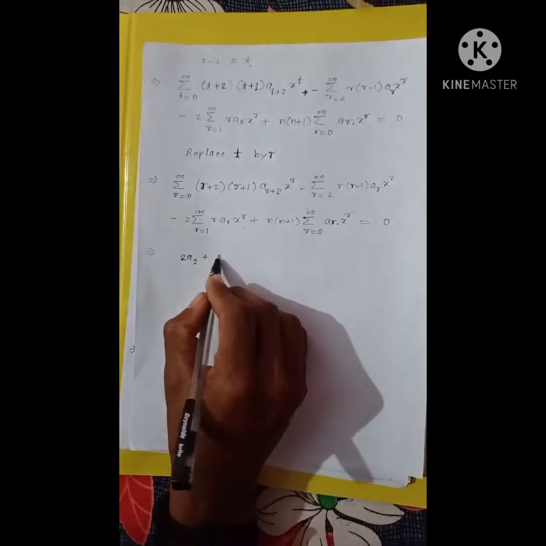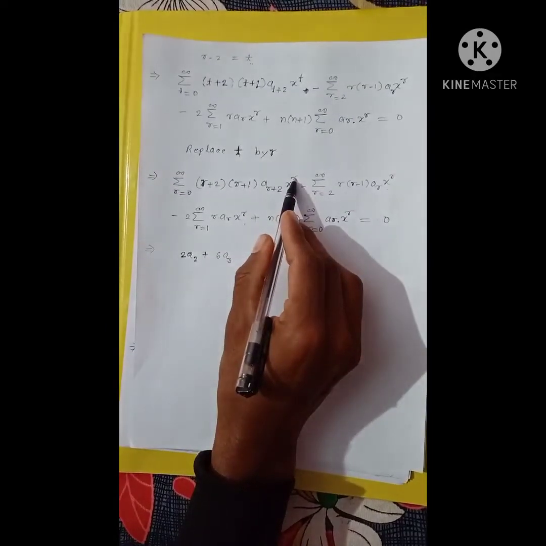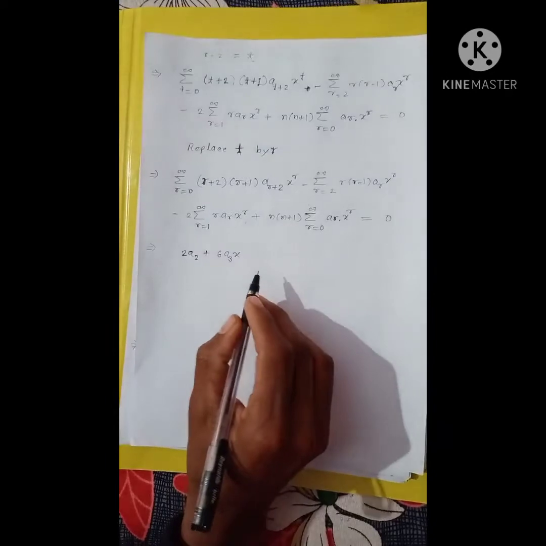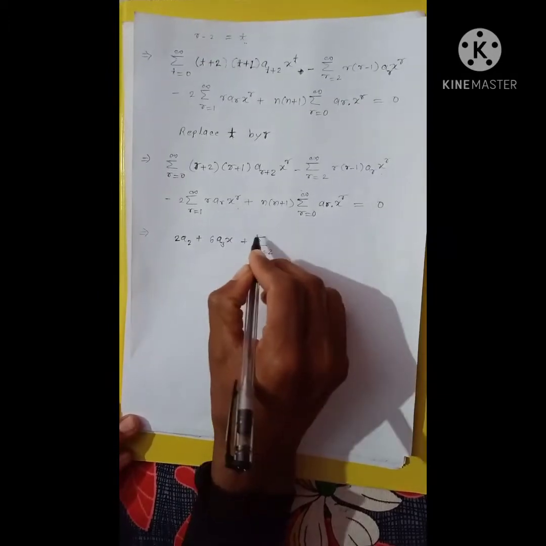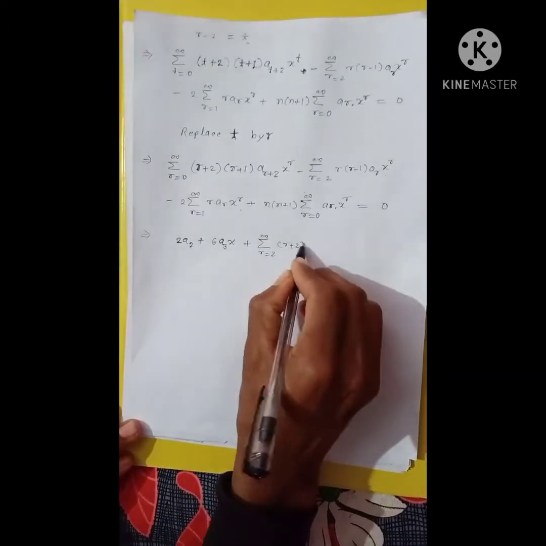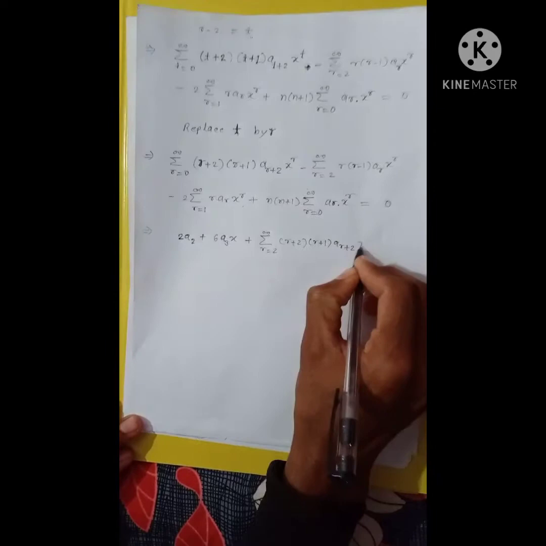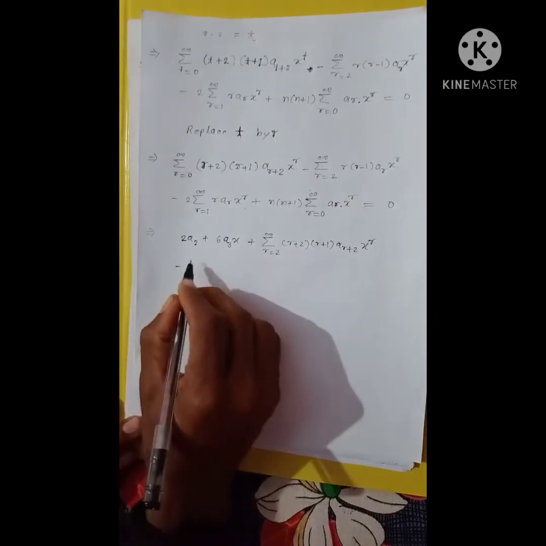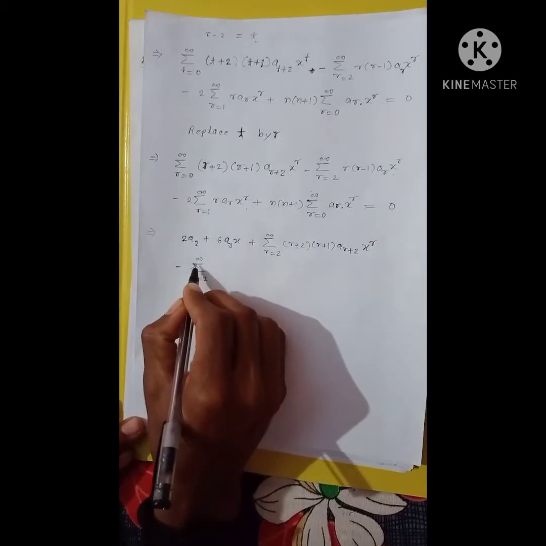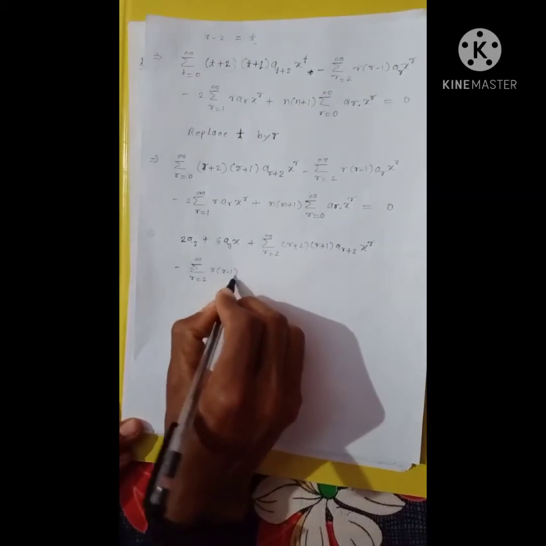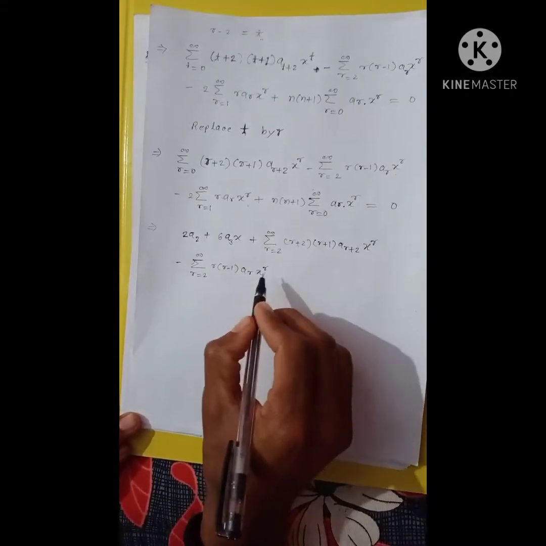So 3 into 2 is 6, and a of 1 plus 2 is a3, and x to the power 1 becomes x, plus summation r equal to 2 to infinity, r plus 2 and r plus 1 into a r plus 2 into x to the power r, and minus summation r equal to 2 to infinity r into r minus 1 into ar into x to the power r, minus